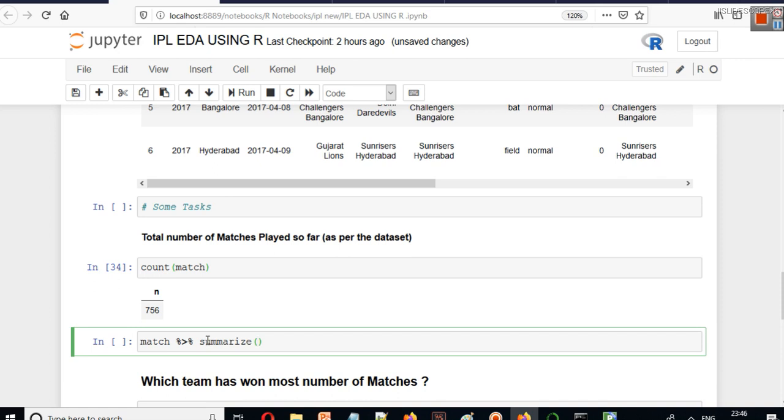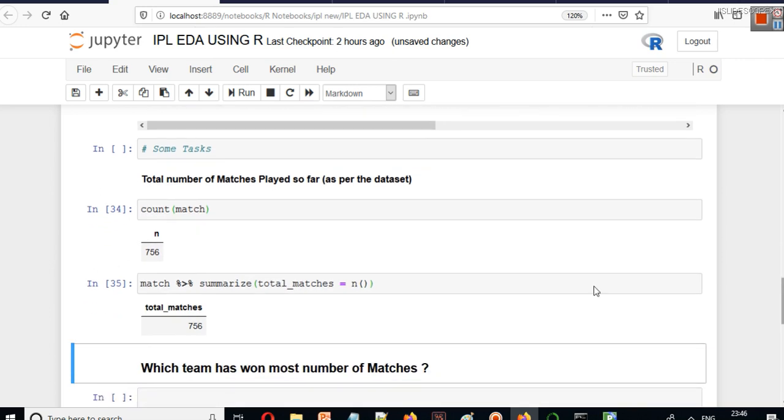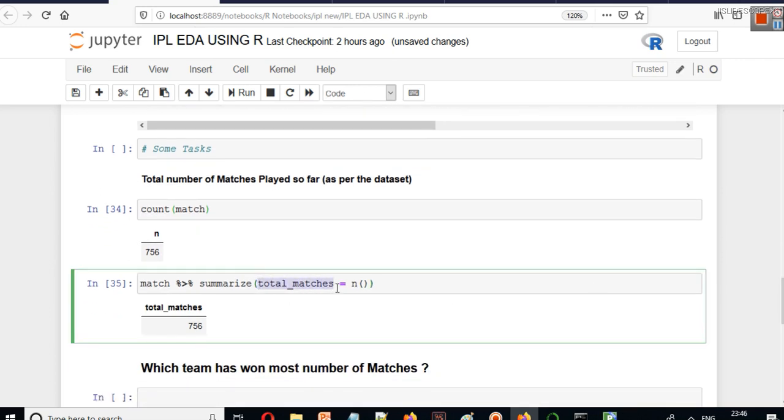So let's say the name of the column is total matches, equal to, and this is actually a function also, n. This n function can be used to count total values, and if you run this, we have named a new column here, and in that new column we are getting these values.